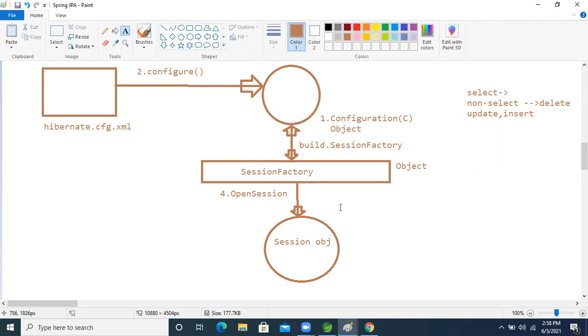Similarly here, after the session object creation, if the query is non-select, we need a transaction object.